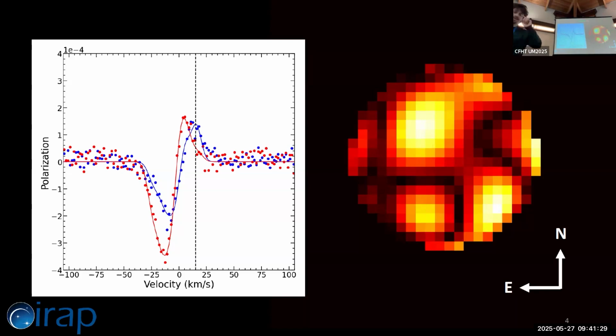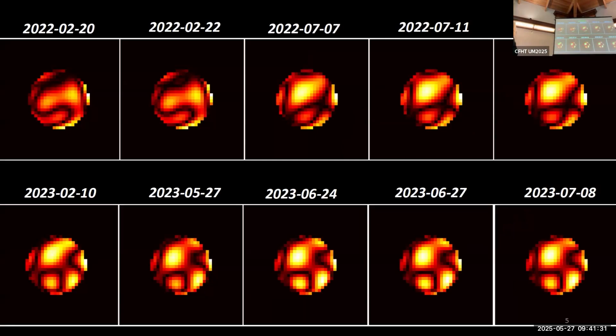And overall, more than that, we have monitored Antares during 1.5 years to probe both short and long-term dynamics of the photosphere. There are basically between 1 and 3 convective cells at the surface of the red supergiant. As you can see here in July 22, there is only 1 cell, but in July 2023, there are 3 cells. Overall, there are different time scales associated to convection, and the largest convective cells can live up to a whole year. As you can see in July 2022, there's a hot spot here, which is staying at the surface